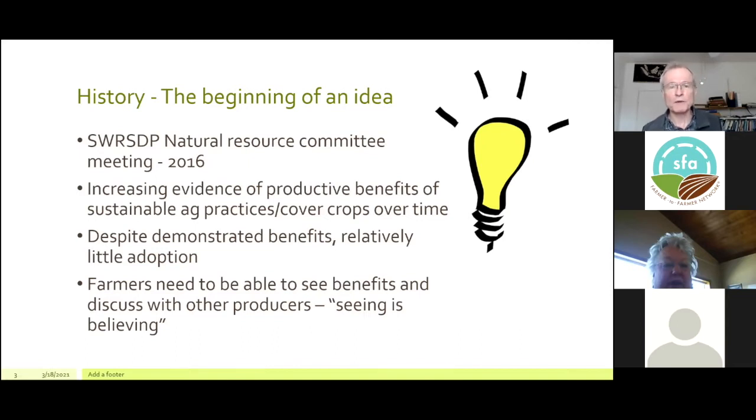But the concern was, we're seeing this. These are systems that are good for the environment when practiced well. And it is a little bit of an art, as Ken Solberg often says. They can improve the bottom line, reduce costs of some of the farming operations. But despite the evidence that was out there that these could be very beneficial, both environmentally and economically, we weren't seeing the uptake we were hoping for, the impacts we'd like to see on the landscape.